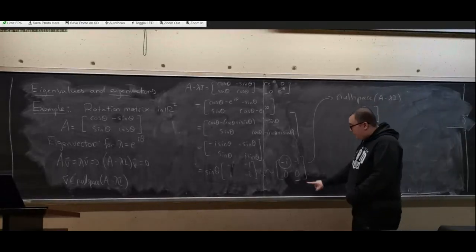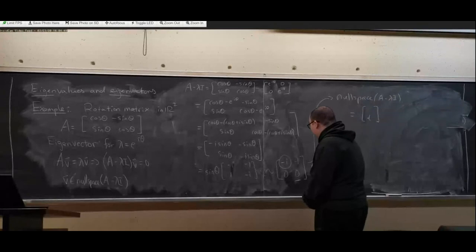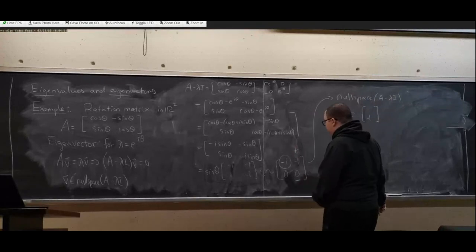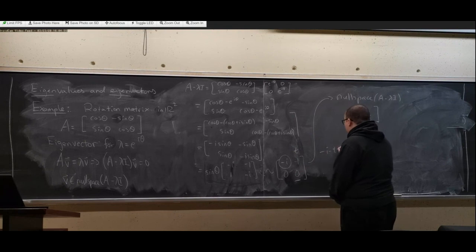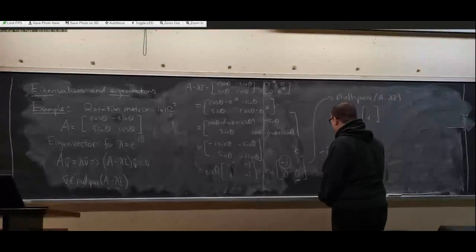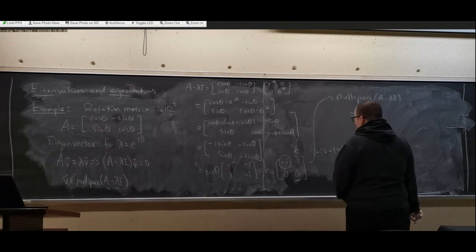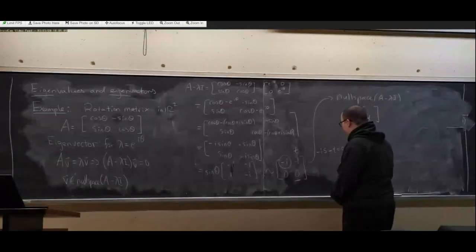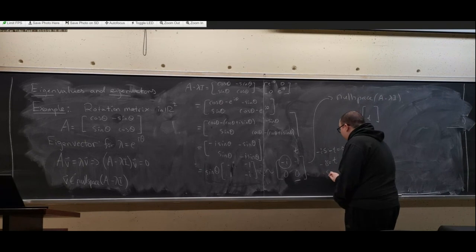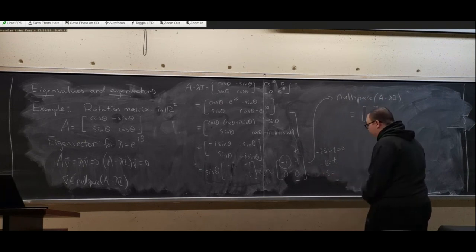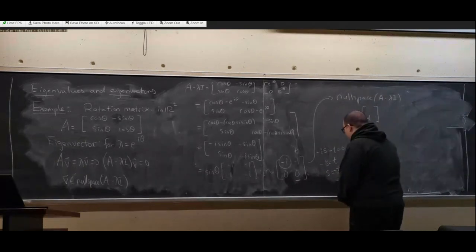So if I set the second variable to t, so this is going to be t now. So what do we have? We have minus i minus t equals 0. Sorry, minus i of the first variable, that's called s, right? Equals minus t equals 0. So minus i s equals t. So that means s equals t minus t over i,